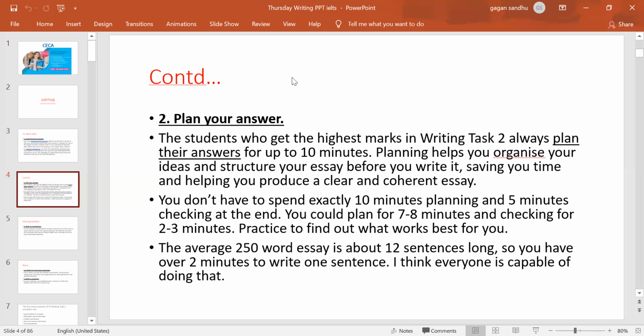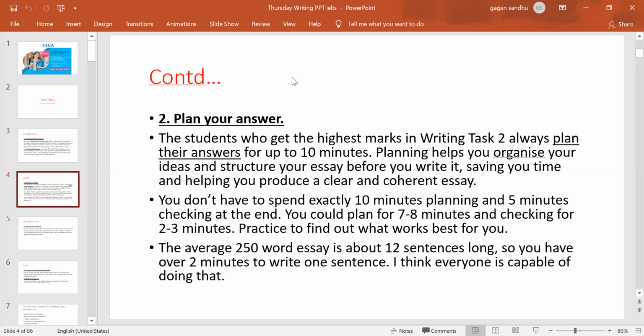And what time will be given to you for the essay? You will have 40 minutes to type or write your essay, depending on which test you are preparing for. So out of 40 minutes, we have to plan how we are spending our time here, right? 40 minutes is good enough time to write 250 words, right? But besides that, we will be assuming that I have only 30 minutes to write 250 words,